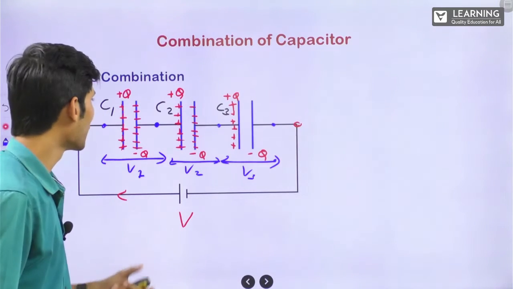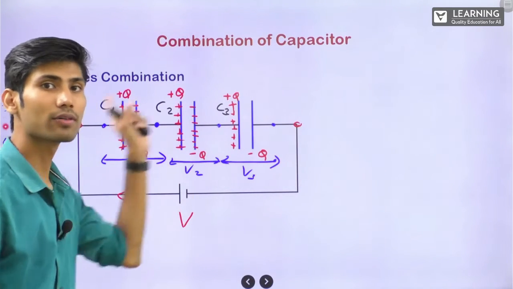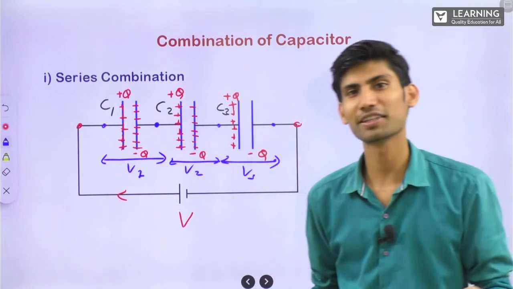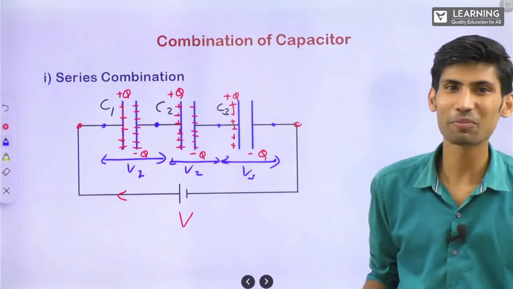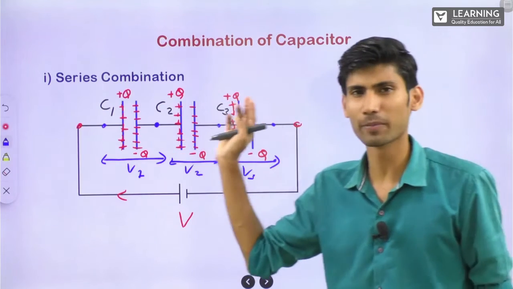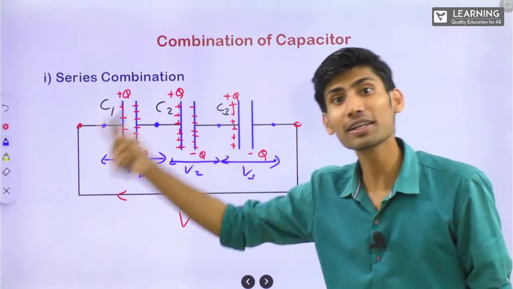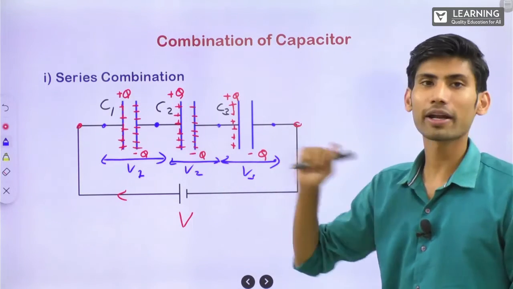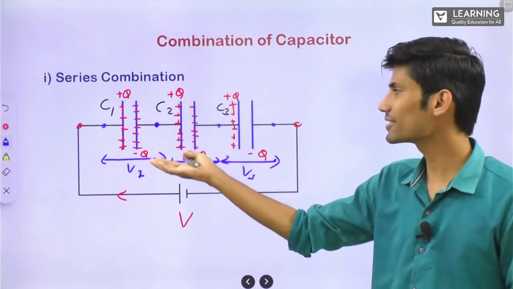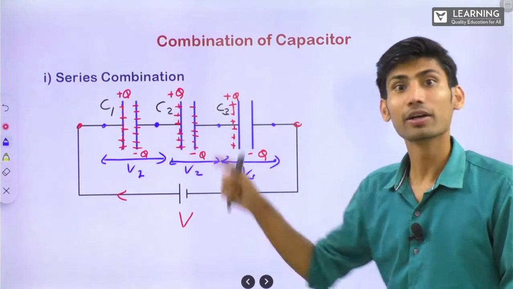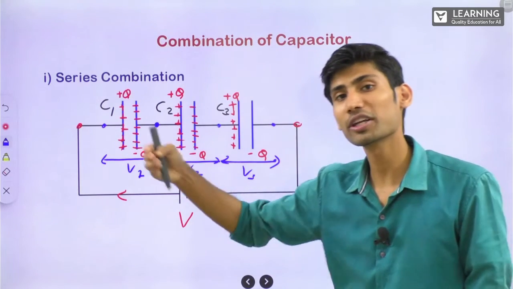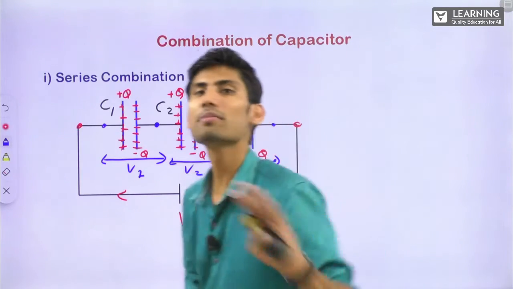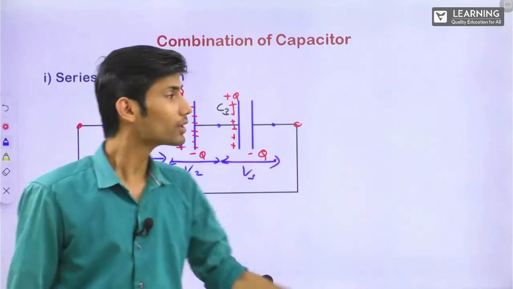Clear? Now, let's find the equivalent capacitance of this system. Now, what does this term equivalent capacitance mean? If you have studied electricity in class 10th, equivalent resistance, remember? Series, parallel, is the similar thing. There, if you remember, in series, the current in the entire circuit was same, the current flowing through all the resistors was same. Now, current flowing means the movement of charge. Here, the same way, the charge in each capacitor is same, correct? There also, in series, the potential was different across each resistor. Here also the potential is different across each capacitor. Is the similar story. There R equivalent was there. Here C equivalent will come.